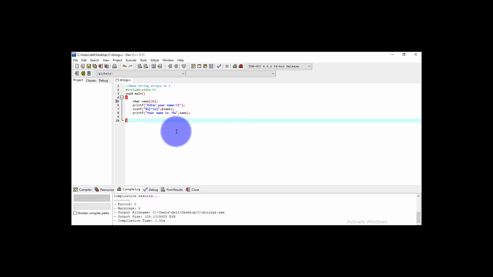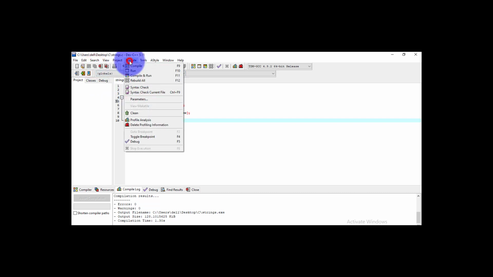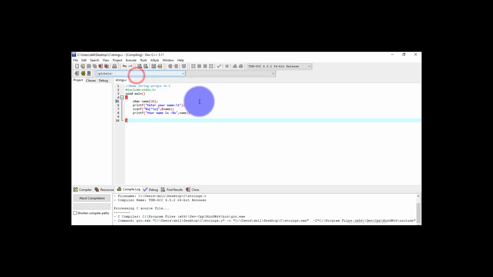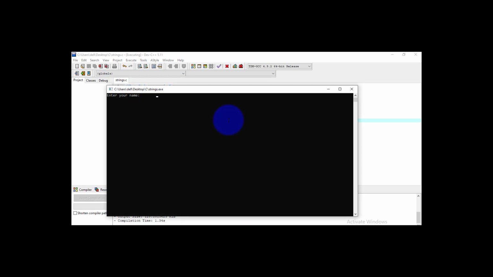Just try to understand this and save your changes. Go to the execute menu, choose compile and run. This time I'm entering the value Amit Singh, and it's again showing me only Amit.